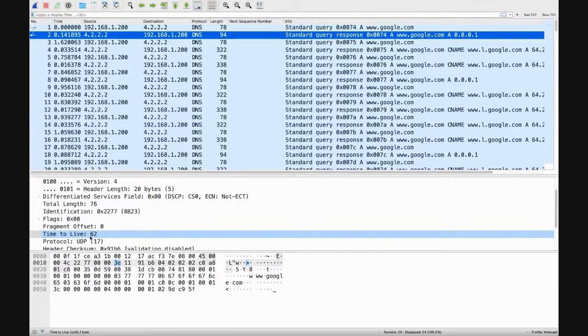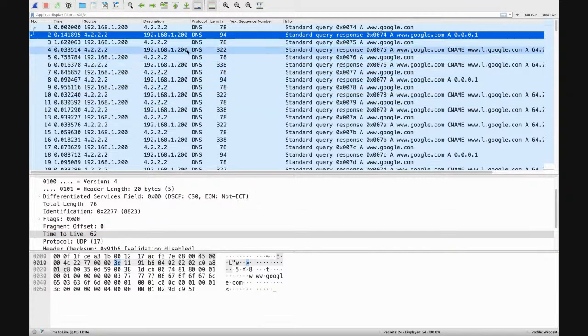64, that seems short. If it's 64, that means that one of the root DNS servers is residing at the Orlando Inn and Suites at the airport. And that seems very unlikely. But we notice that our time to live is 62 right there.